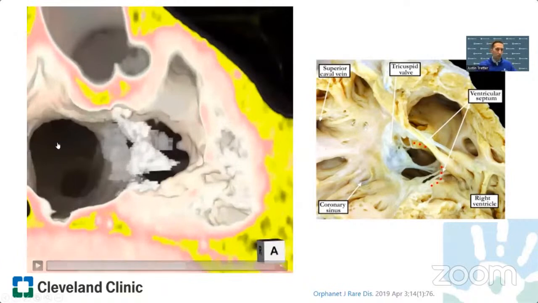So this is the right atrium. It's a little dark here, but we can see that coronary sinus in the background. And then here's the tricuspid valve. This is the tripartite right ventricle with its inlet, apical trabecular, and outlet component with the tricuspid valve seen here. And we can compare it to this analogous image over here of a heart specimen cut in a similar view,